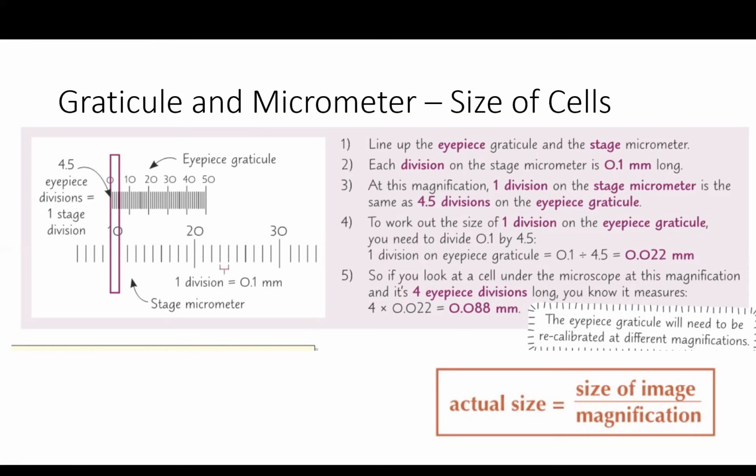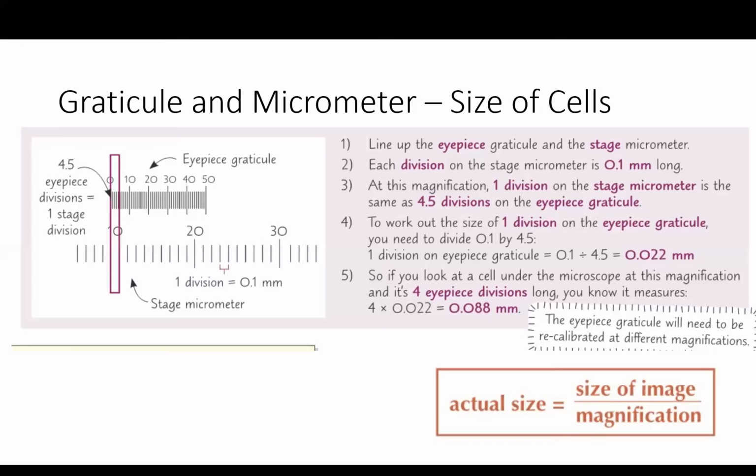You need to, this is really, really important, recalibrate your eyepiece graticule at every different magnification. So if you're changing magnifications, you need to recalibrate it every time because it will change. Or if you are given an image of cells in the exam,